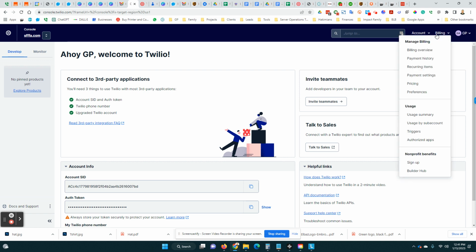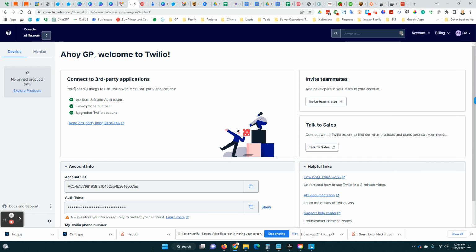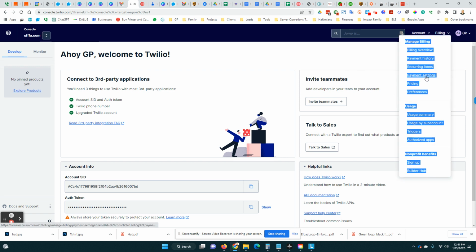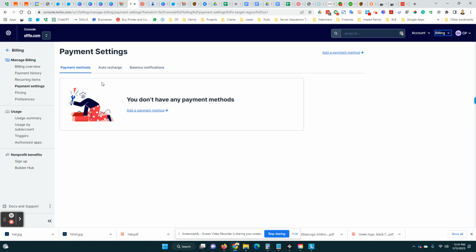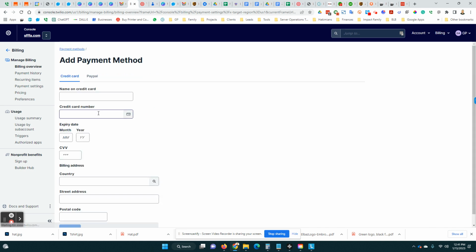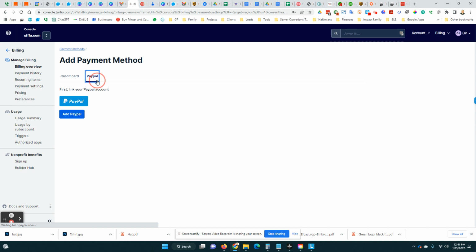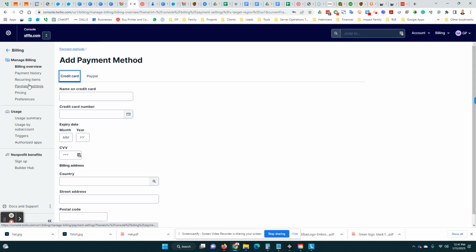Okay. And this is an example. So you'd log in. It's probably gonna look different the first time you see it. If you come here, you can go to payment settings, and here you can add your payment method. If you want to connect it to PayPal,